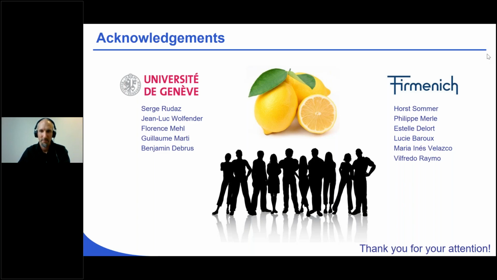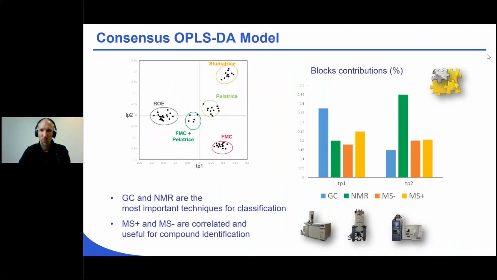The first one is, do you have an idea why NMR and GC are more potent tools for classification? I will just go back to this contribution plot. I guess that's the reason of the question. It's probably